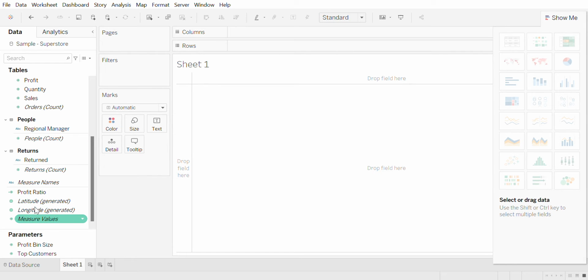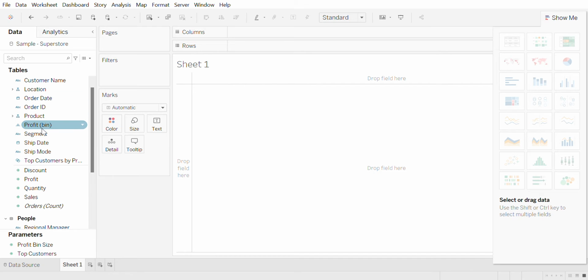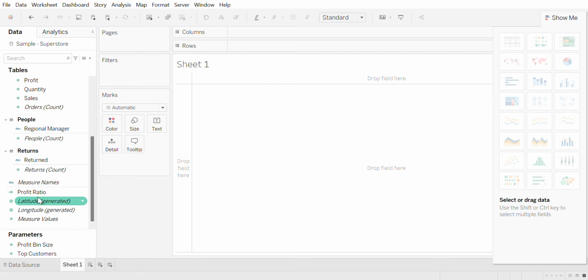When you hover over this, you can see some are in green color, and some are in blue color. The ones in green color are all measures, and the ones in blue color are all field names, more like a unique name, such as a person's name. And a measure is a set of values, a ratio, or the sum, average, and those things. The word measures is self-explanatory.